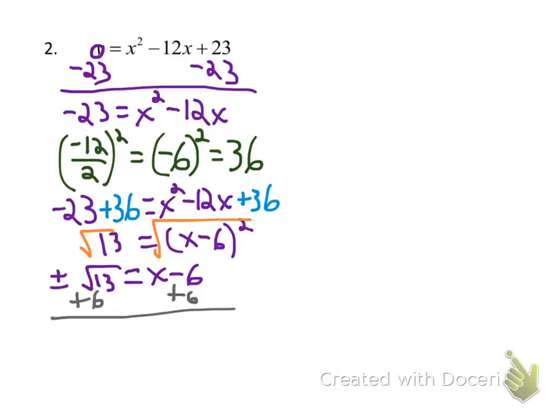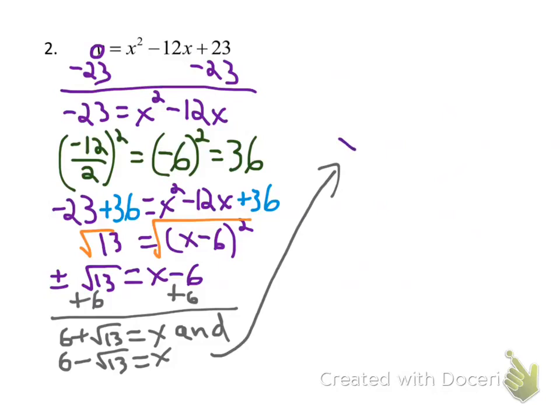To continue solving for x, we can add 6 to both sides. So we have 6 plus the square root of 13 is one value of x, and 6 minus the square root of 13 is the second value of x. So what we can do with this is we can write our answer. This is the exact answer because remember 13 is not a perfect square. So we can write it as 6 plus or minus the square root of 13, and we could leave the